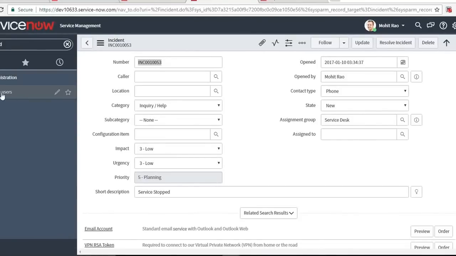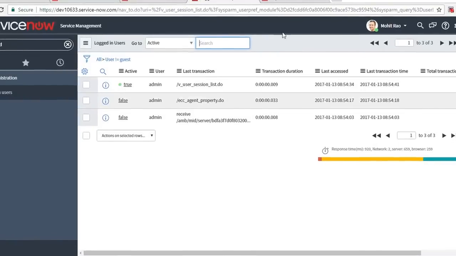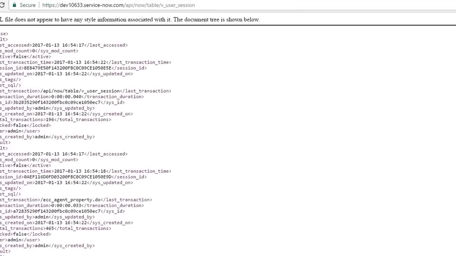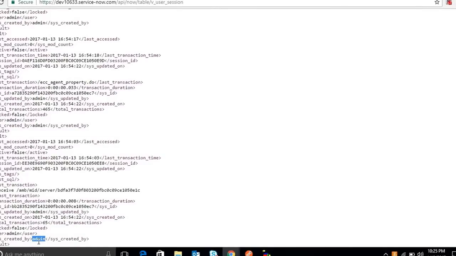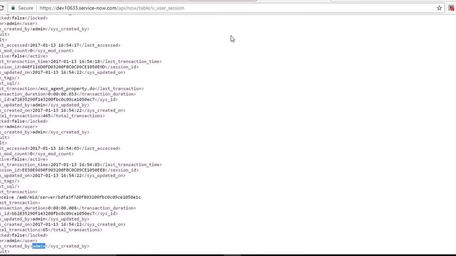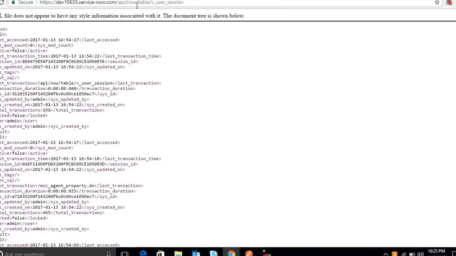Under user administration, you have something called logged in users, which will show all the users and all the transactions that are going on here. Currently in this instance, only I am logged in, so admin. I'm doing three different transactions here. So you can see three different tabs, and you will get three different transactions by admin. In short, if you give one more query to filter out duplicates, you will only get one user who is logged in, and that is admin. So using this query, you will get all the users who are logged into ServiceNow.